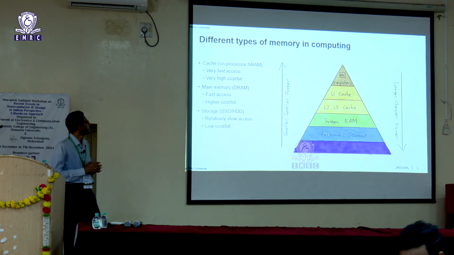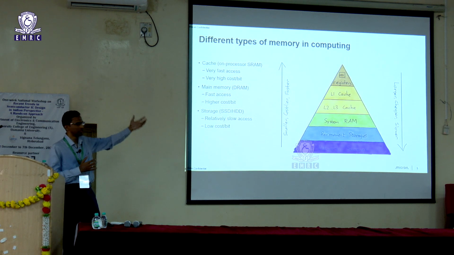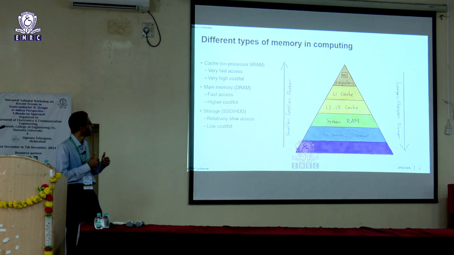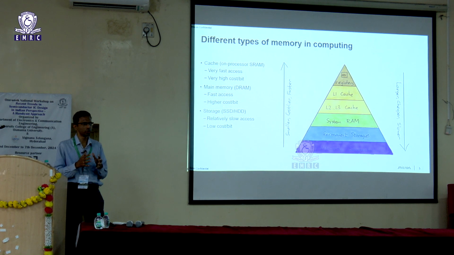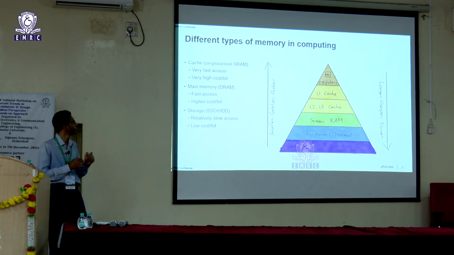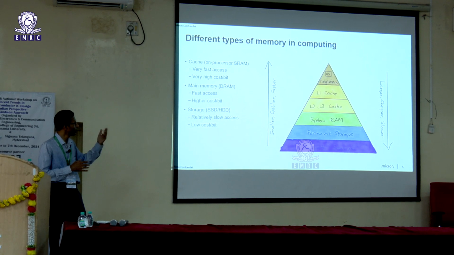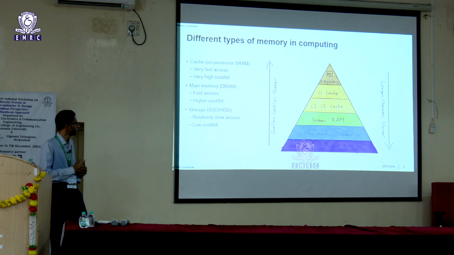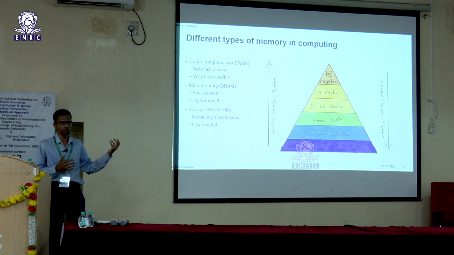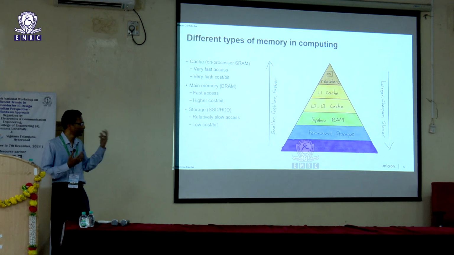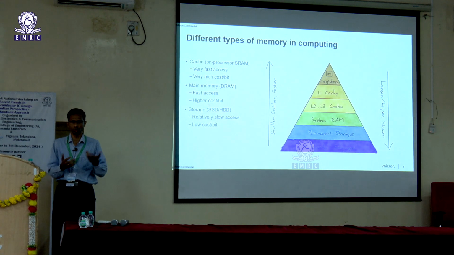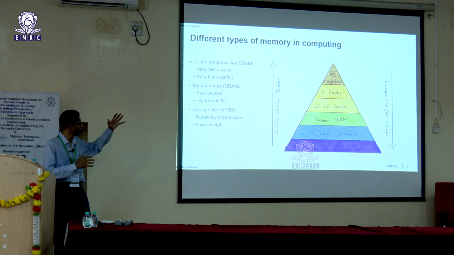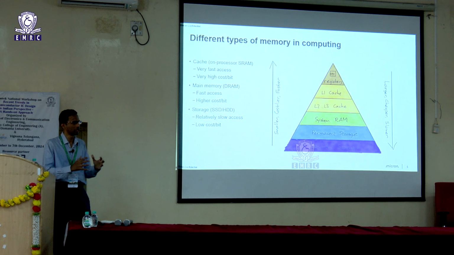Now coming to different types of memory, you might have seen this pyramid structure prior. I'll just reintroduce this to you. At the top of the pyramid is your CPU. That's your core. In very close proximity to your CPU, then you have L2 and L3, which are slightly farther away. And then you have the system RAM, and then the permanent storage. The permanent storage is like your SSDs and HDDs. And these days we also have network storage. The Googles, Amazons, and all support network storage these days. That is far off from your actual computing paradigm.